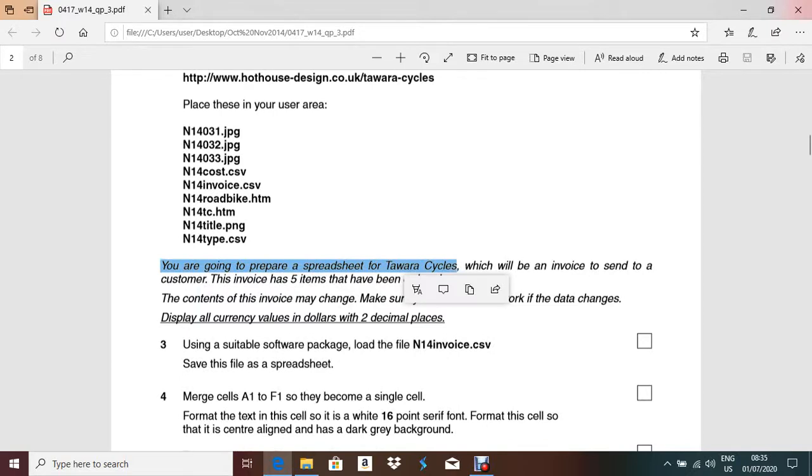The invoice has 5 items that have been ordered. The contents of the invoice may change, so make sure your formula will work if the data change. Display all the currency values in dollars with 2 decimal places. So this is the main thing: all currency values should be in dollars and 2 decimal places.